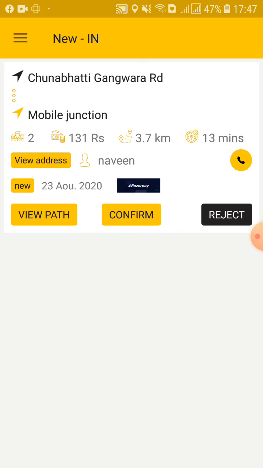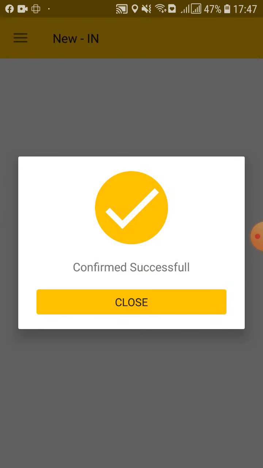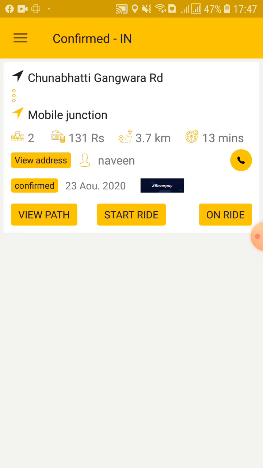You can call that user by clicking this phone icon, but I don't want to click it. I just confirm it and let's see what happens. After confirming it, that user will know that you have already confirmed. You can click on Start Ride button also, but I don't prefer it right now because it redirects to the map page.